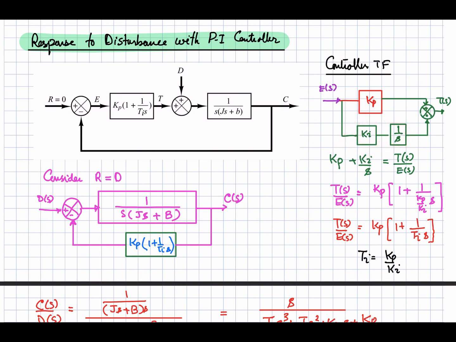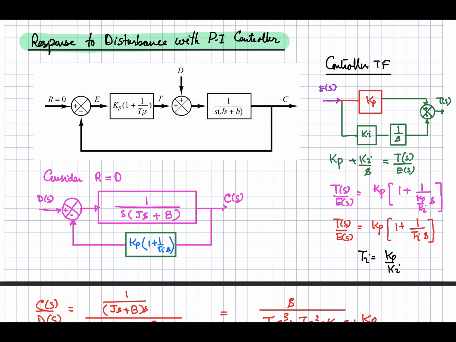That is equal to Ts, and if we look at it in terms of the transfer function relating this one and this one, Ts by Es is equal to the sum of these two parallel branches. Okay, so now we can write this equation like this, and let's define this Kp over Ki as Ti. So the transfer function of your PI controller can be written like that. In that, this Ti is given by this equation.